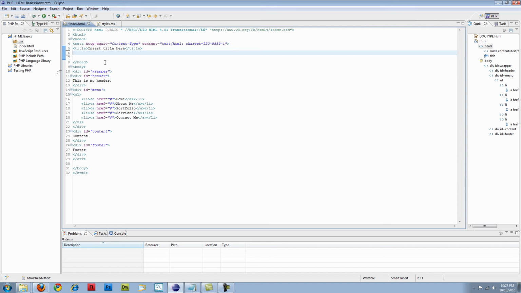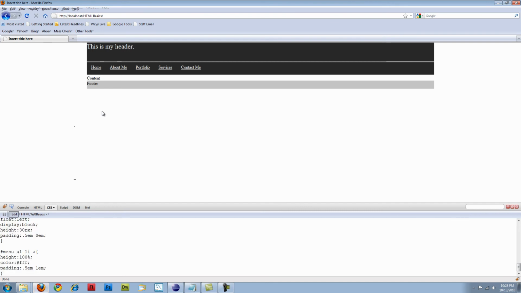So I'm going to put in a link tag, link href to ./CSS. So in my current directory, I'm going to look for my CSS folder and styles.css, give it a type of text/CSS, and close that. And if I save and refresh the page,